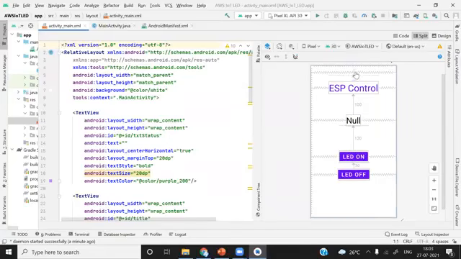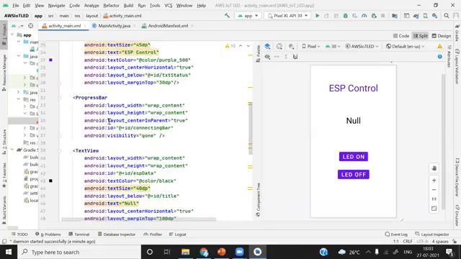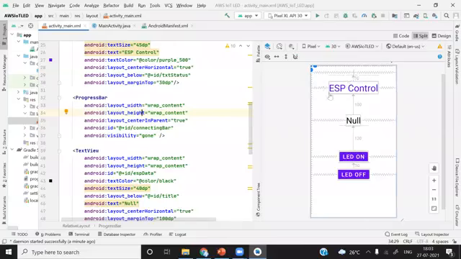And you cannot see this component, which is the progress bar. What is this? We will do it practically: we will run it on a smart Android device and then we will observe this.